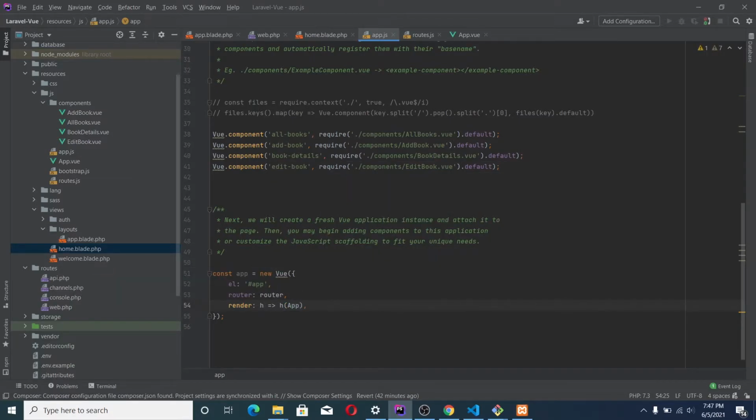Now what they're saying is that this app that we are using is our default entry point, our base view app. This is what is going to be rendered as the base view for the entire website. So this is very important. It says when you look for this element, take this app and render it in this element that has the id of app.